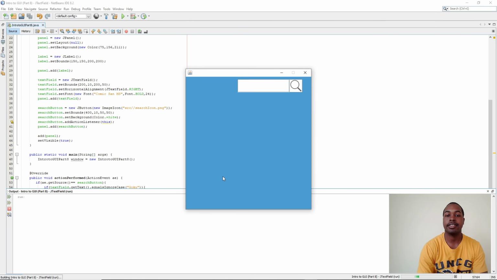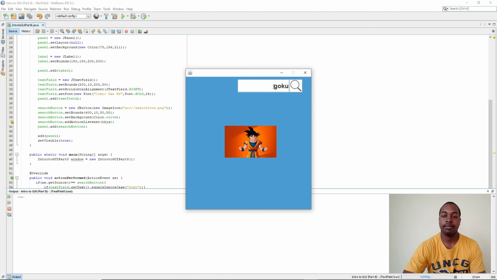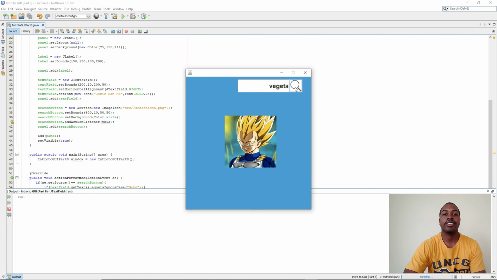if the user types in Goku and clicks our search engine button, we have the image of Goku. If we backspace and say Vegeta, we search and we get Vegeta. So those are the basics of JTextFields in